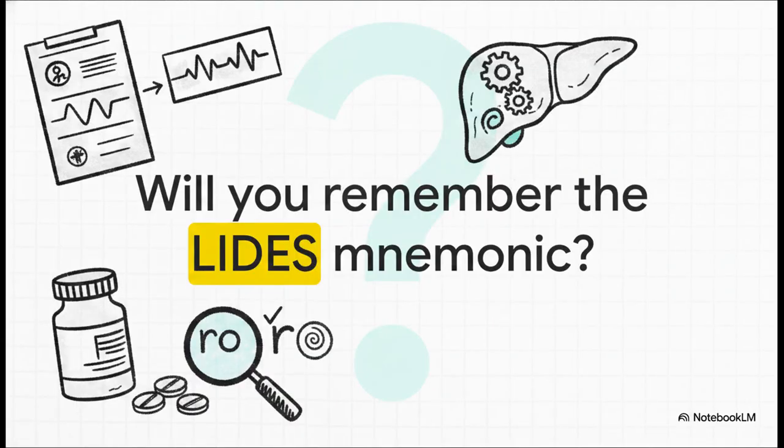So think about this. Tomorrow, when you're on the floor and your patient's chart shows they are already on CYP450 inhibitors, or maybe their baseline ECG shows a prolonged QT interval, missing the signs could literally be fatal. So will you remember the LIDES? Commit that mnemonic to memory, always check for that RO in the suffix, and you won't just pass your exams,